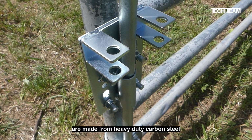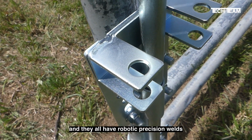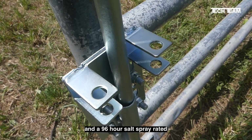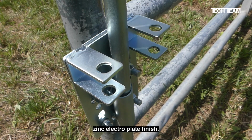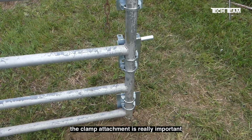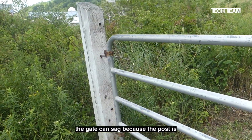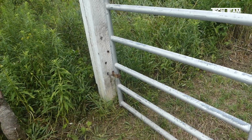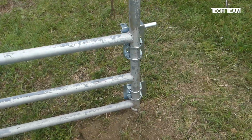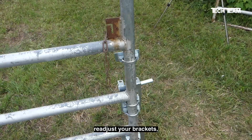All the brackets are made from heavy-duty carbon steel, and they all have robotic precision welds and a 96-hour salt spray rated zinc electroplate finish. In addition to not requiring welding, the clamp attachment is really important, because we all know that over time the gate can sag because the post is not mounted properly, the hinges pull, or there's a little bit of frost heaving. And with the clamps, you just have to loosen them up with your wrench, readjust your brackets, and you're